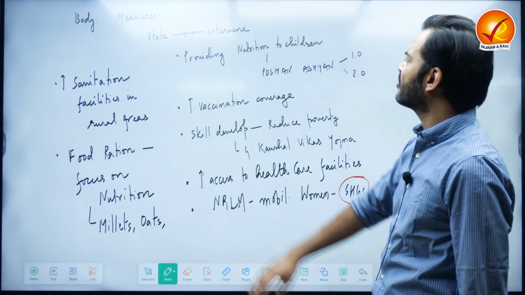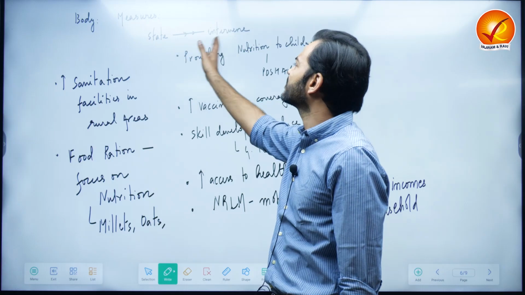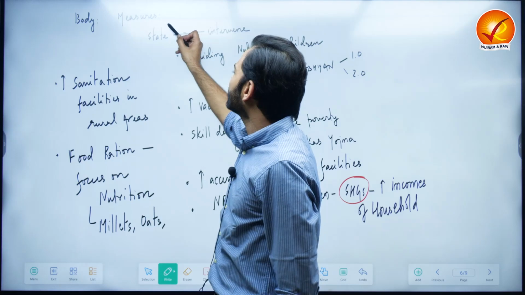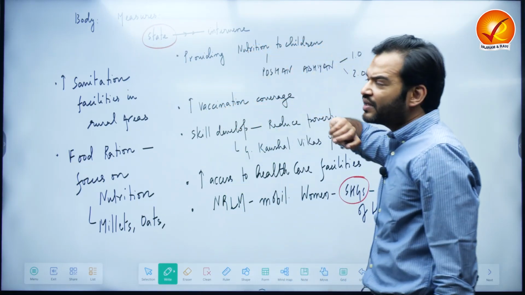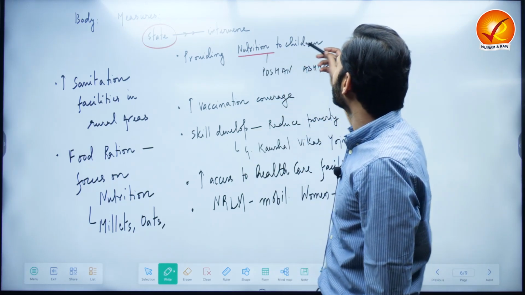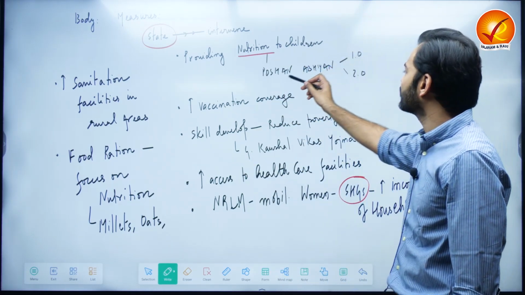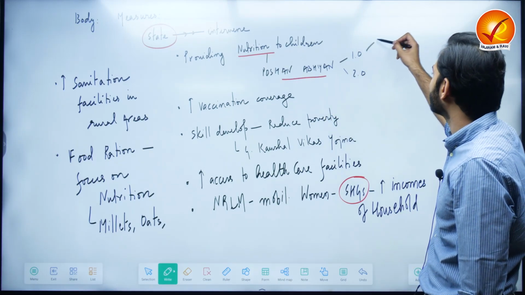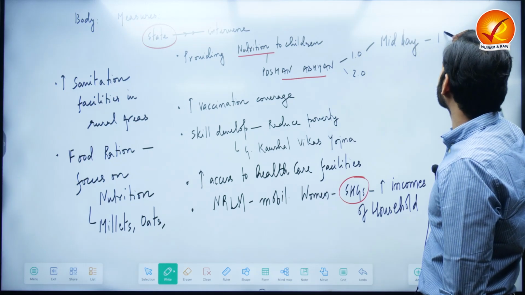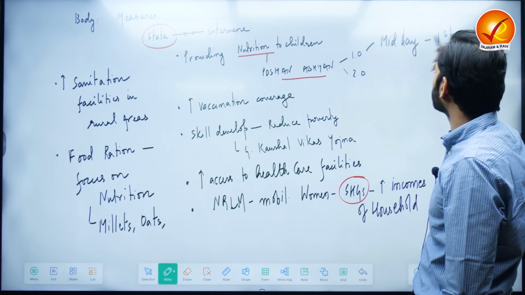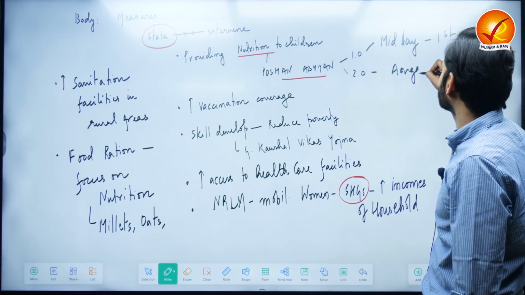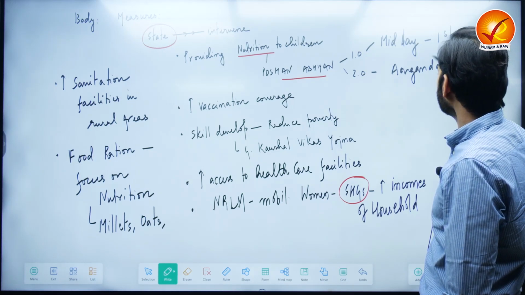Then comes the body. In the body you can write, the question says what measures the state can take to break this vicious cycle. So you will say that the state has to play a very important role in breaking this vicious cycle. So the state needs to intervene. How will the state intervene? Provide nutrition to the children. The state is already doing so through Poshan Abhiyan. You can write Poshan Abhiyan. One, Poshan Abhiyan is providing midday meals to children going from class 1st till class 8th. The second is providing nutrition in Anganwadi centers. So you can write about these schemes in the answer.